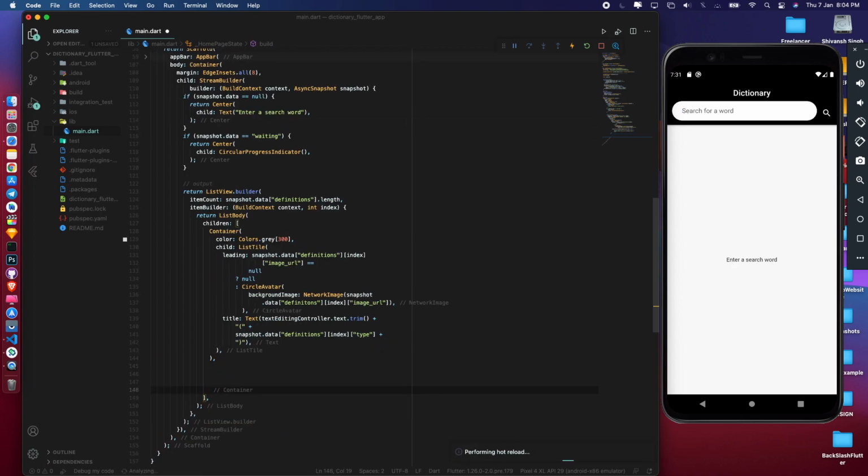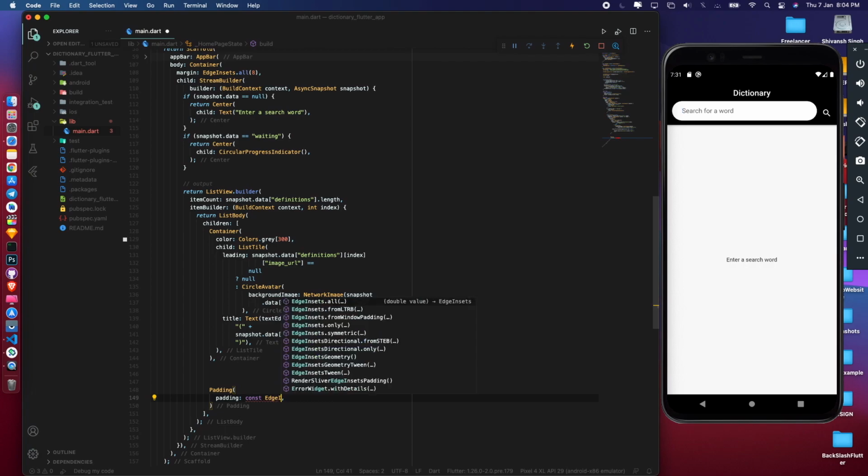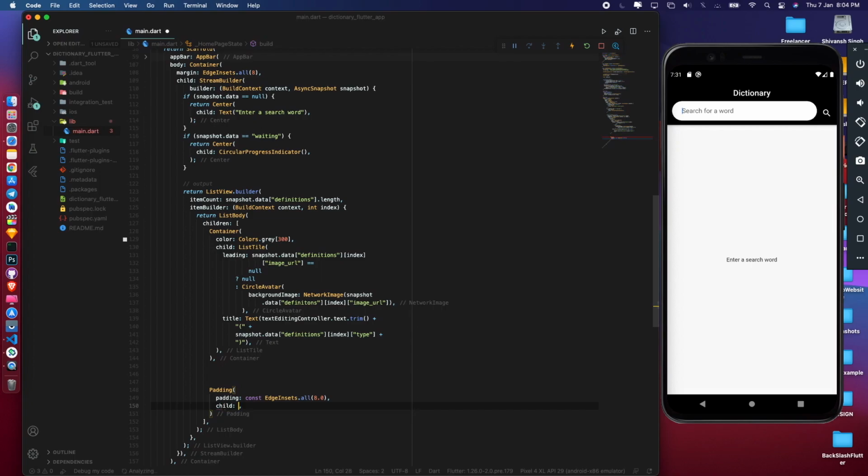Okay, after that what I need next is a padding. This is the final step for our dictionary application. Padding with a constant edge insets, I need all padding of 8, then a text which has a snapshot.data definitions, and then index, and then simple definition.